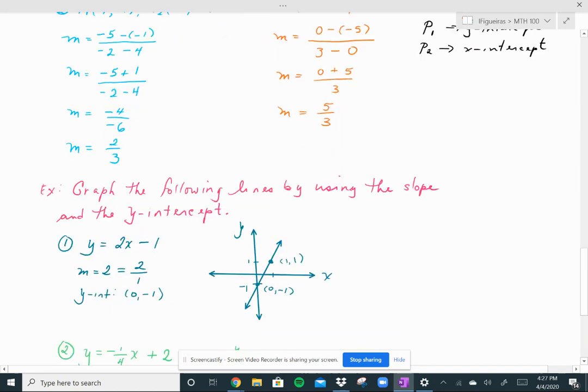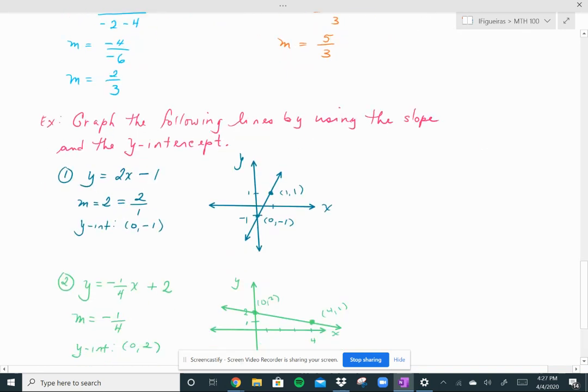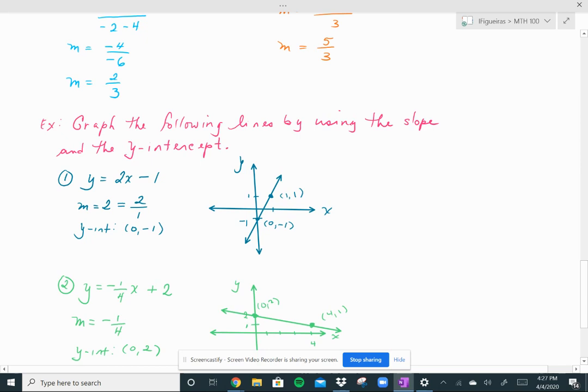We're going to use the information that we learned so far to graph the following lines by using the slope and the y-intercept. So this is a different approach than the way we graphed lines before. In previous lessons, we graphed lines by picking values of x and plugging them into the equation and then finding values of y. So we set up a chart to keep track of our x and y values, and then